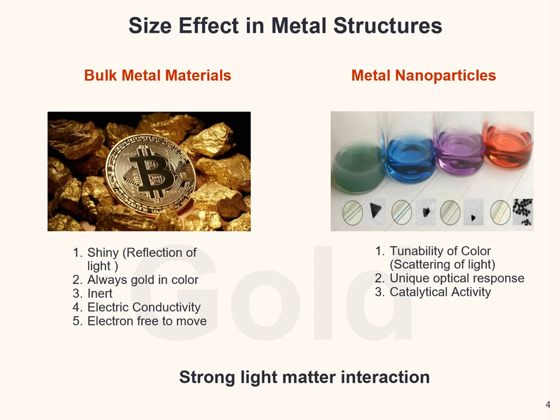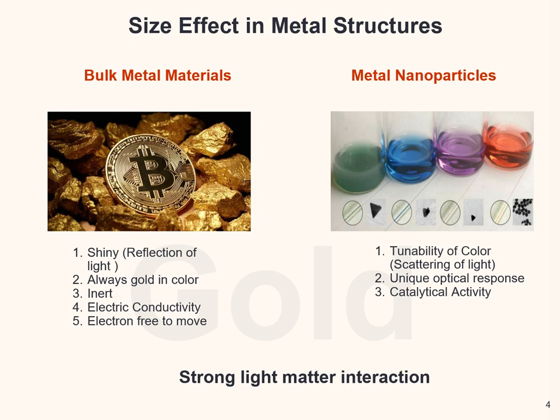However, when the size of the nanomaterial shrinks to the nanometer scale, we find a lot of properties are strongly dependent on the size. As you can see from the picture, we have four different nanostructures of gold, and their structures are slightly different. Their sizes are also slightly different. But we see their optical responses are totally different. They cover the whole visible range.